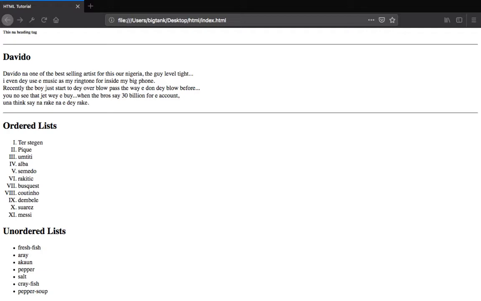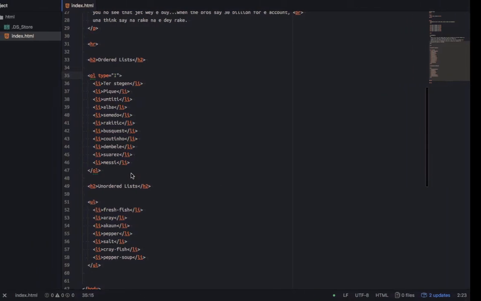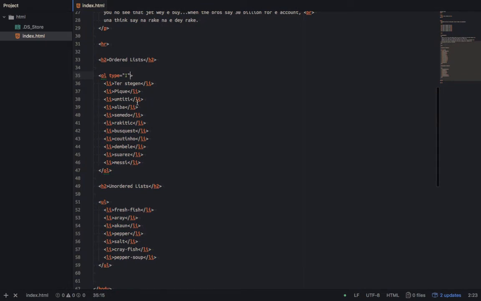So we will see attributes, for example if we want to start the counting from another place. Just imagine I change this type, leave the type on default, and I say start.